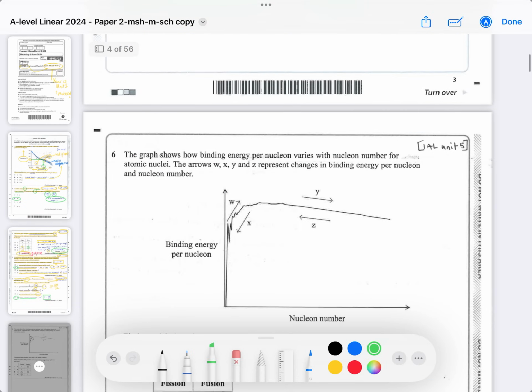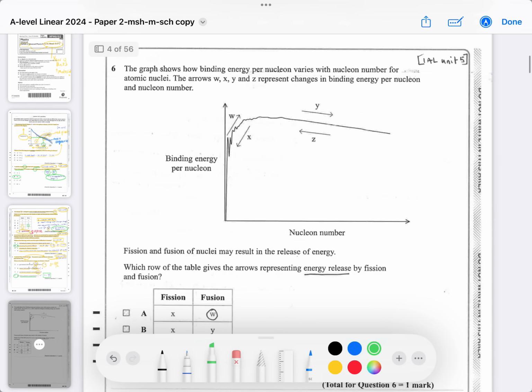5 questions done. A lot of knowledge gained. Next question. The graph shows how the binding energy per nucleon, that's here, varies with nucleon number, which is here, for atomic nuclei. The arrows W, X, Y, and Z represent changes in binding energy per nucleon and nucleon